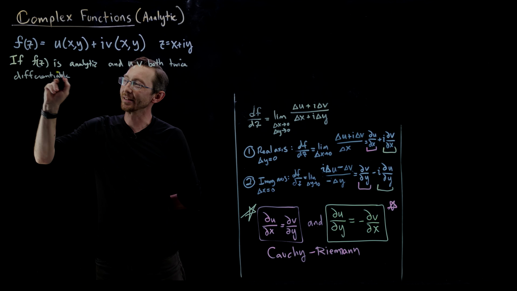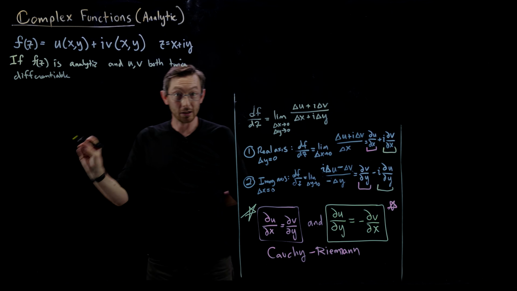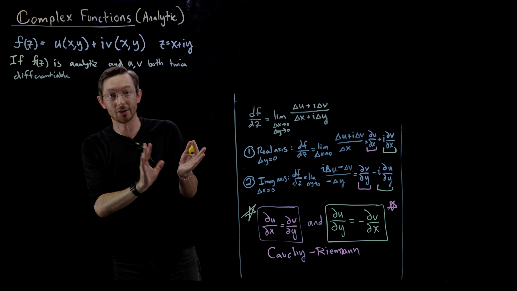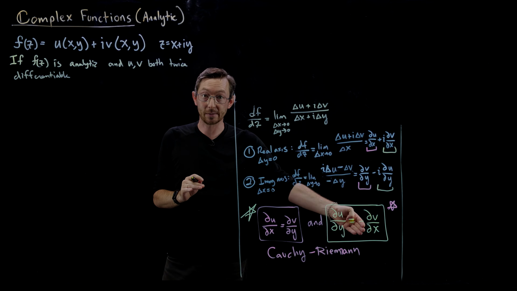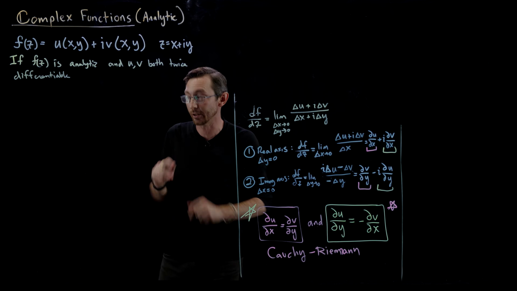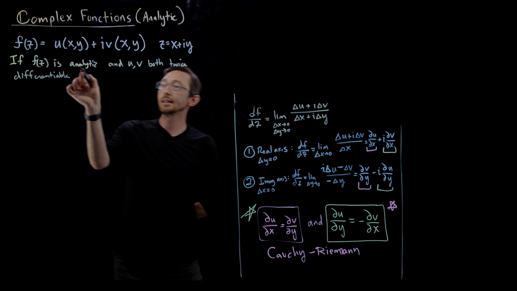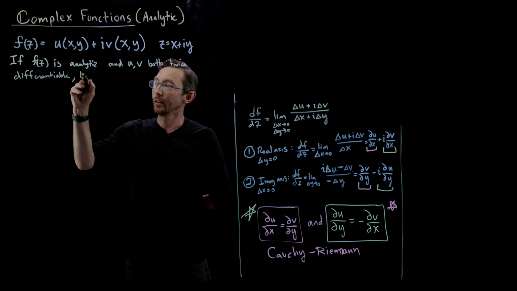This is kind of like, sometimes mathematicians get almost a little bit lawyerly, where you have to be really, really careful about the specific conditions that hold. Of course, I'm going to be taking another derivative of these expressions, so I need them to be twice differentiable. So I'm going to write that into my little legal contract that we're all going to sign. If f of z is analytic and u and v both twice differentiable, then